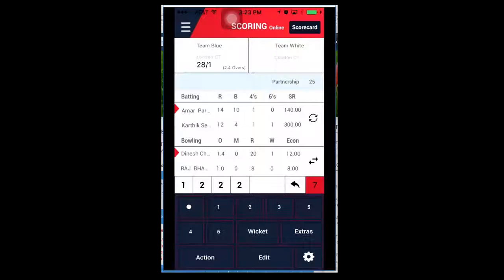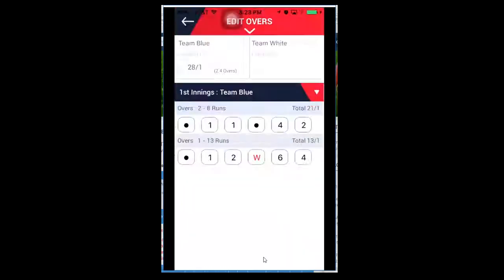This is how you edit. So let's say that this delete ball is to delete the previous ball, but with edit, you can go back and edit anything. So they have already bowled 2 overs, so it displays 2 overs. I want to change this 4 to 3 runs, or this 2 runs to 1 run. So let me